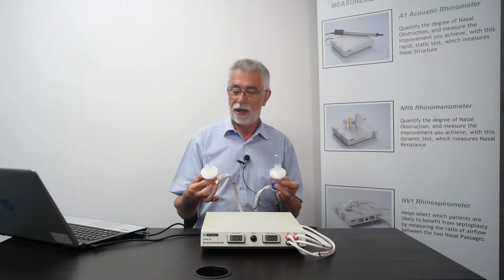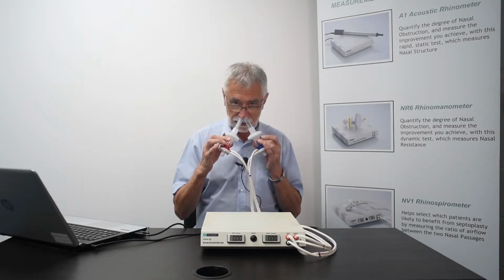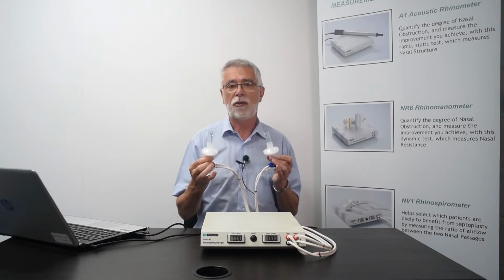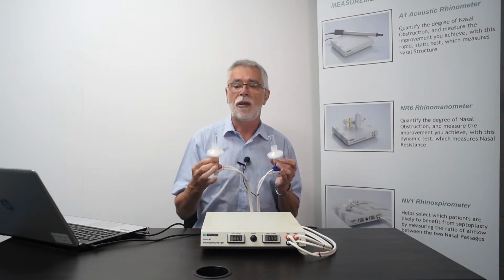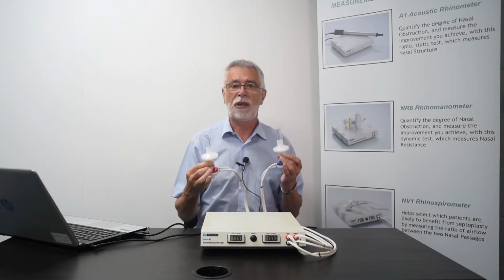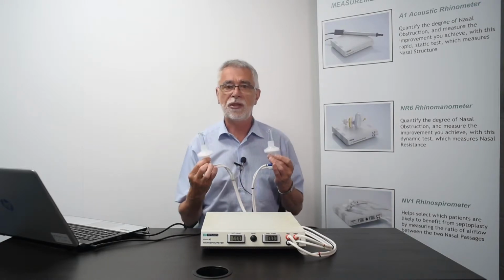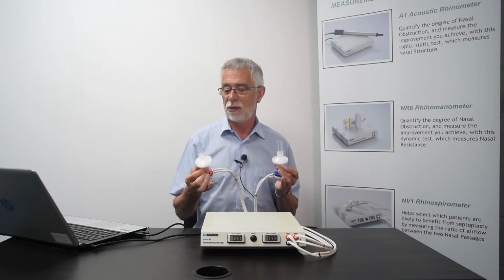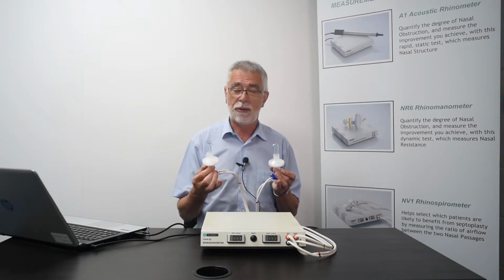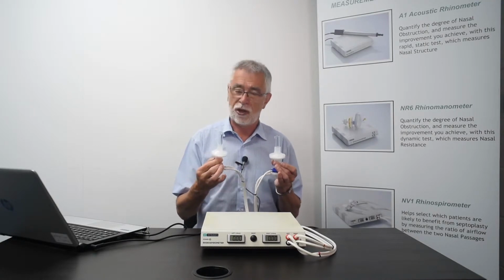If we apply these transducers to the nose, one on each side, and ask the subject to breathe in deeply through their nose, the volume that is measured on each side will depend on whether the resistance is equal on both sides or whether there's a difference between the two. So it very quickly can determine for somebody who has a septal deviation whether or not the obstruction is severe